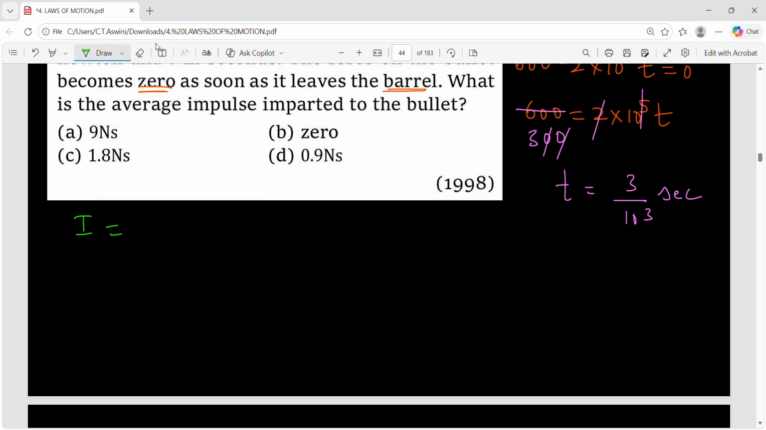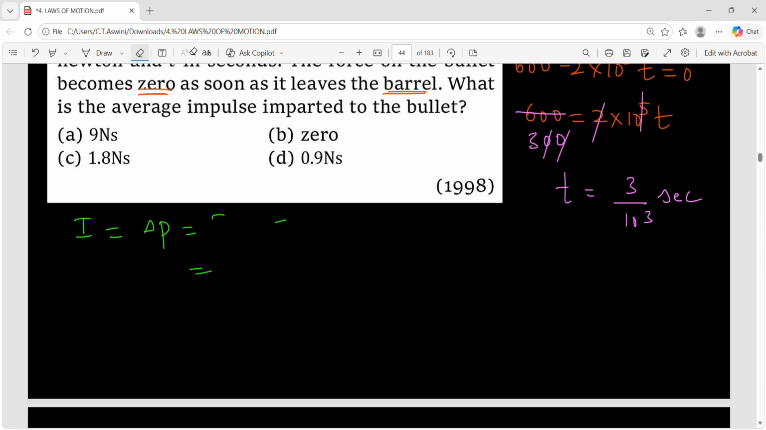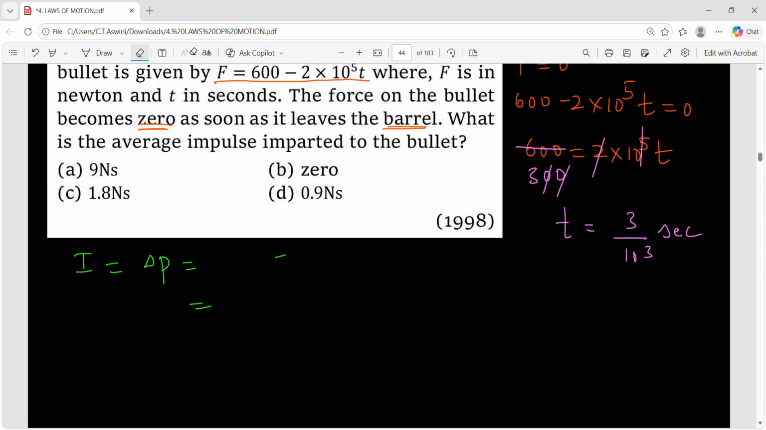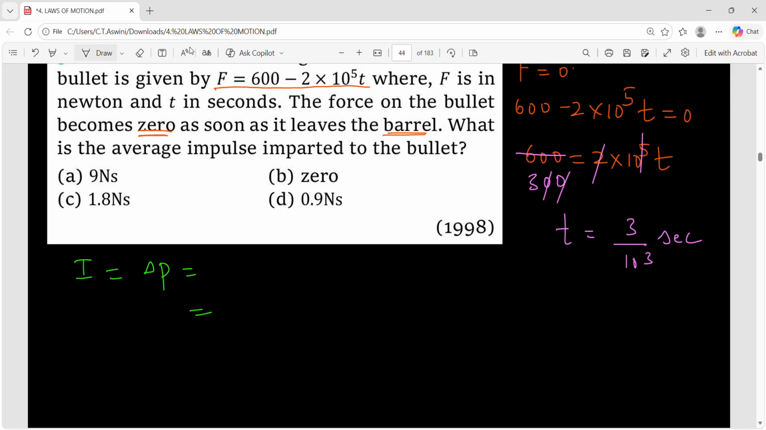Now, what is the average impulse imparted to the bullet? So you have to calculate the impulse here. What is impulse? Impulse is nothing but change in momentum, or you can take it as F average into time. What is F here actually? F is not directly given, some expression is given. So what will you do? Take this formula. We have also studied this formula, right? When equations or expressions are given,